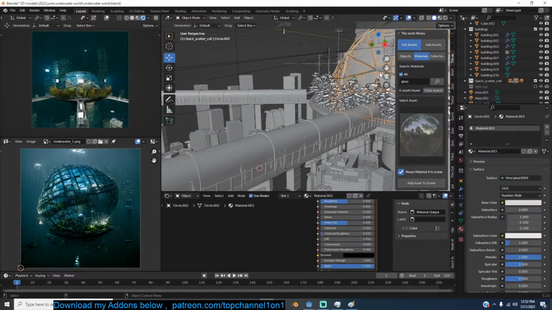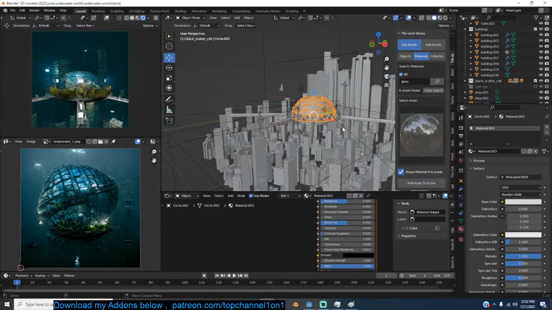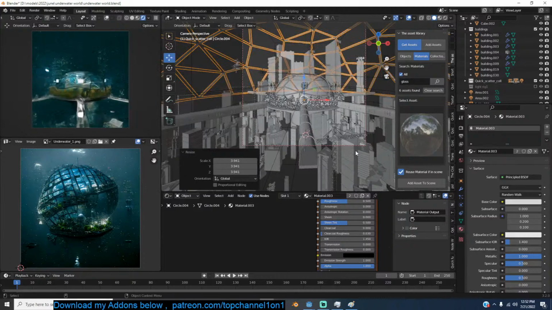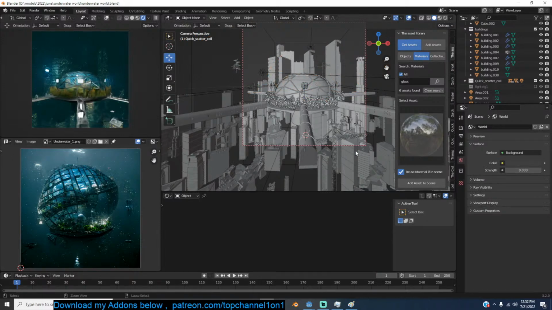Let's see if I duplicate this dome. Okay, the render is really slow, but